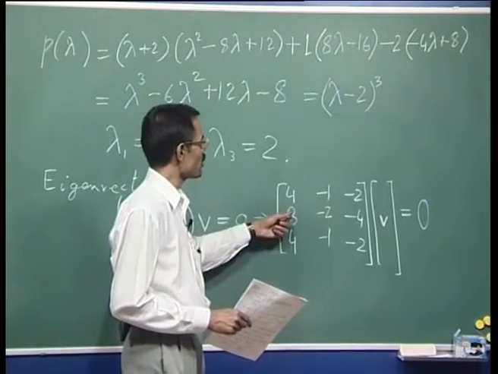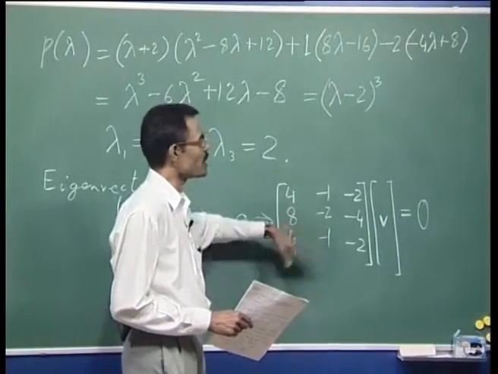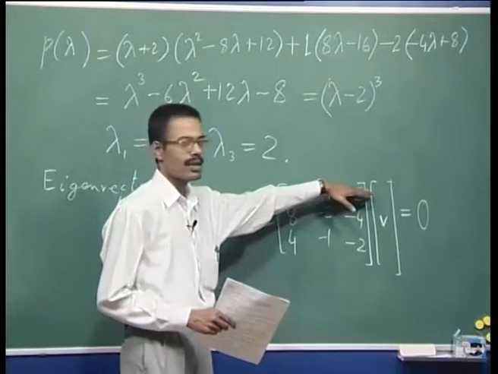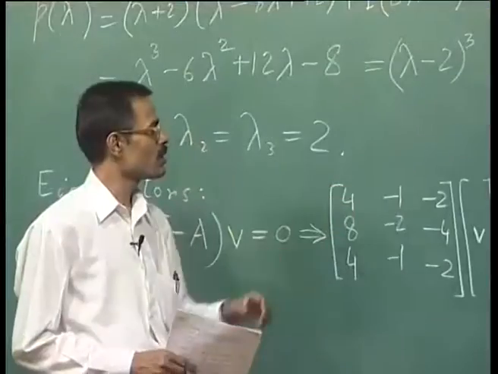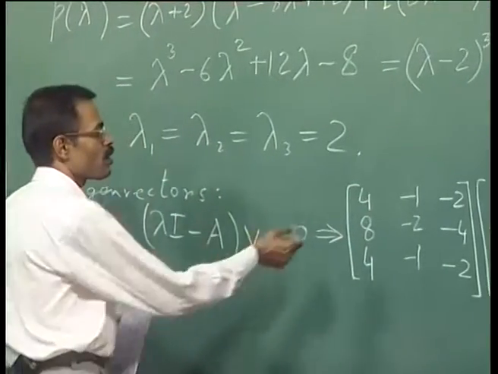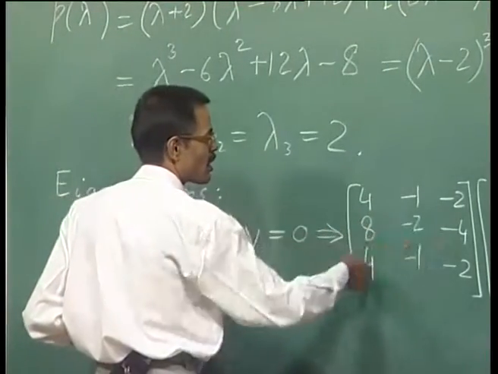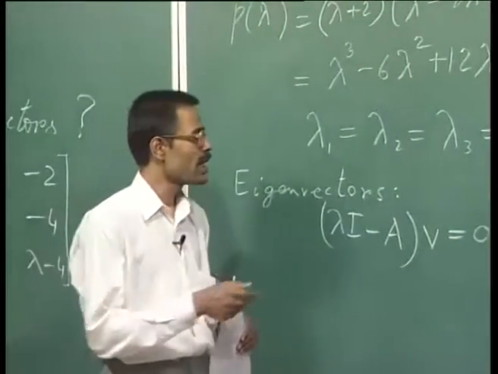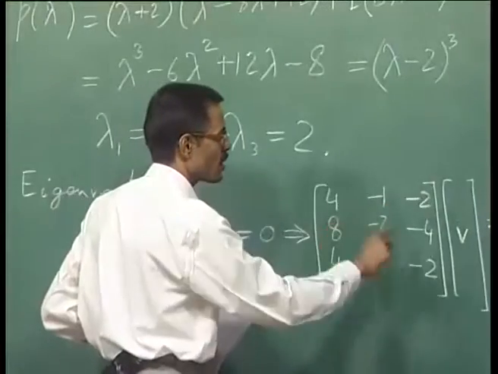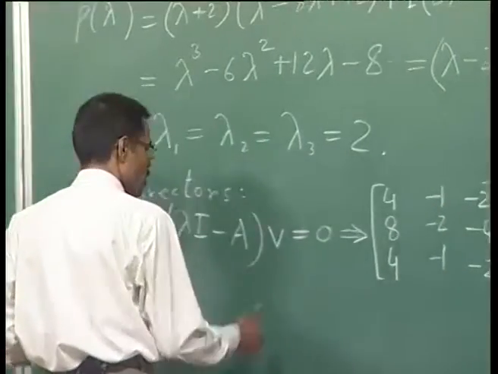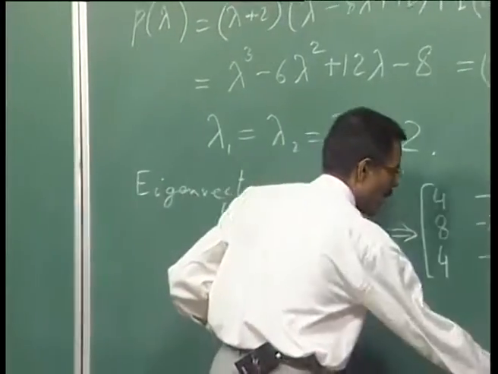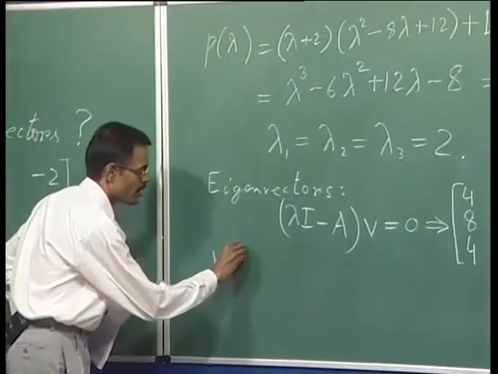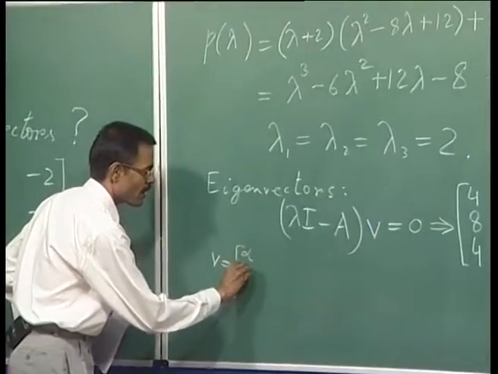That means, actually the second row and the third row through elementary row operation will immediately go out, and only the first is something which is of use, right. So, through an elementary row operation in the second and third rows we will get all zeros. So, they are anyway useless. It is only one equation which is of use. So, we take that equation and say that if we represent V as this vector,